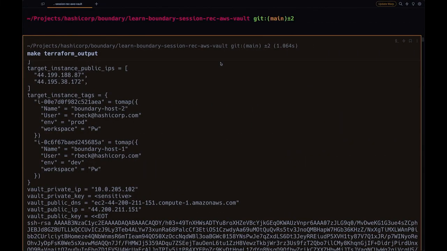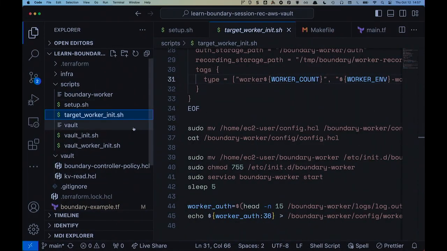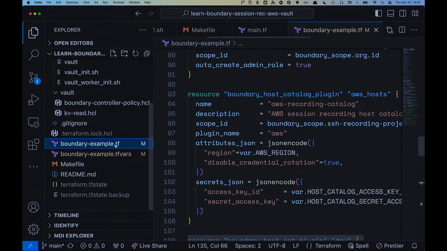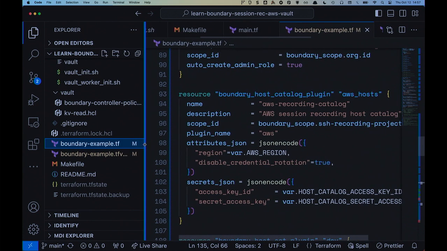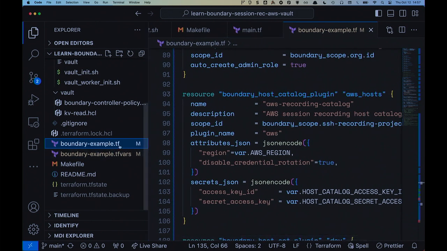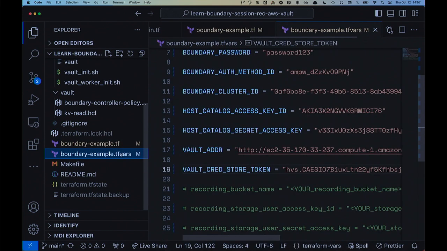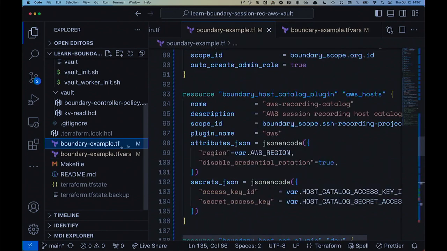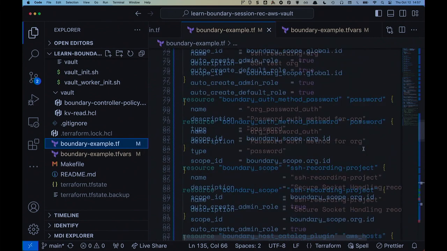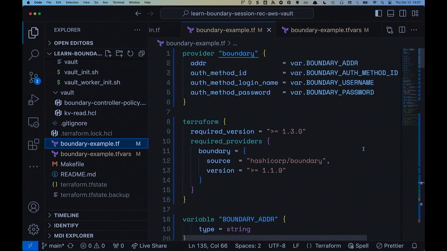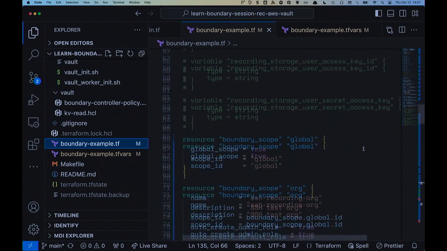And to make it simple for you, if you choose to follow along with the Terraform workflow, in the lab environment, you'll notice these files in the root of the lab called boundary example. One of them is a terraform.tf file, and the other is a Terraform variable file, a tfvars. This boundary-example Terraform file creates all of the resources that we need within Boundary to enable session recording. There are quite a few prerequisites here in that within Boundary, we need to do things like set up what's called a